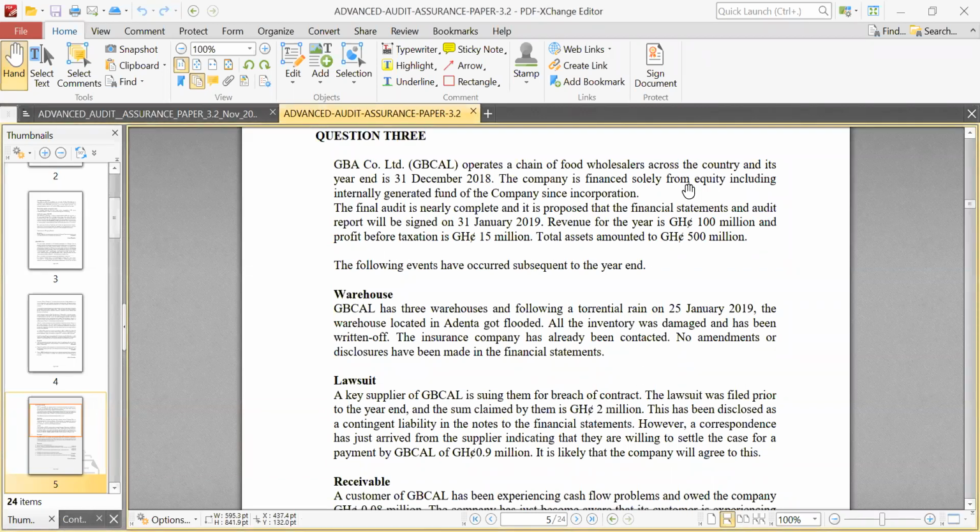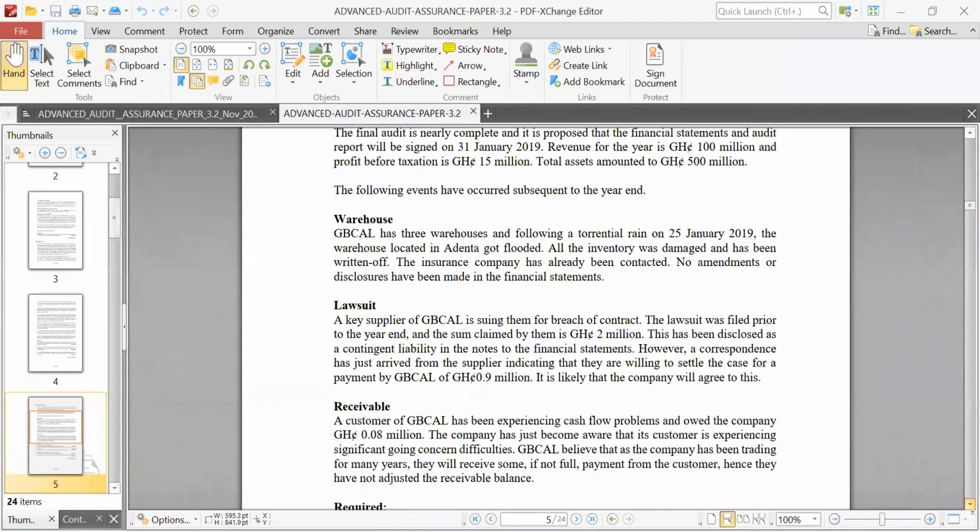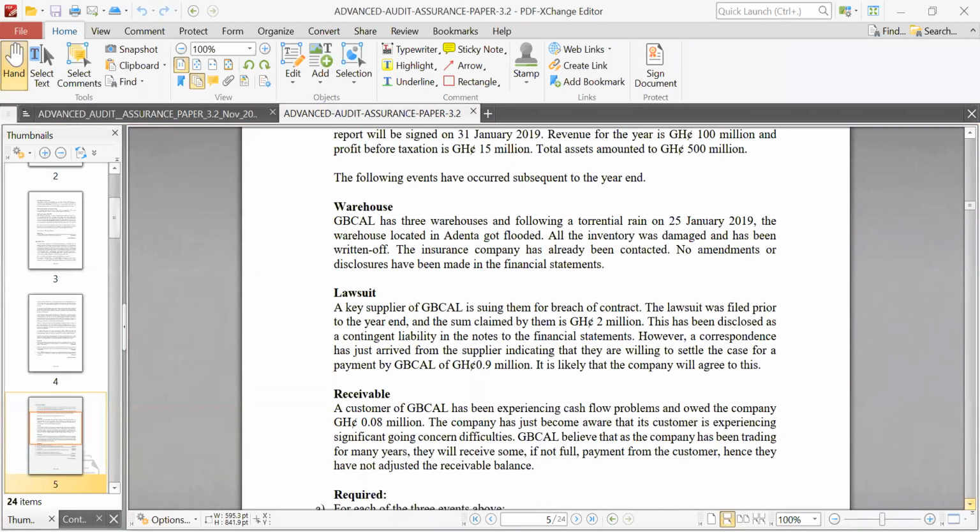Okay, so that's true. This one, the financial statement should be adjusted, because you need to find out if there's evidence that the company had that obligation, and the company did. There was evidence for that. So it's an adjusting event. It's very, very simple. Then the receivables. Let's look at the receivables. Please, if you are following, say yes in the chat, so that I know what is happening.